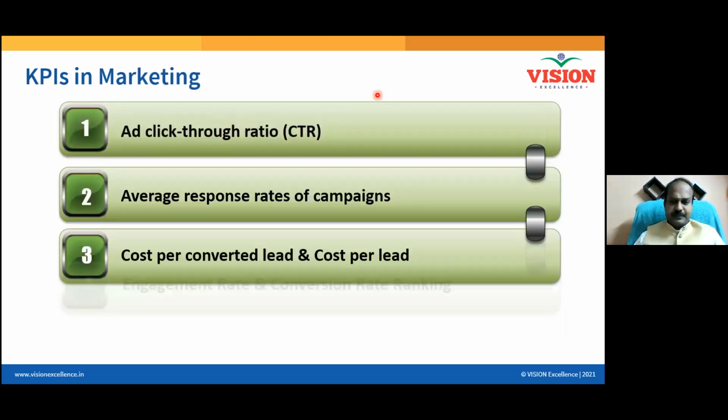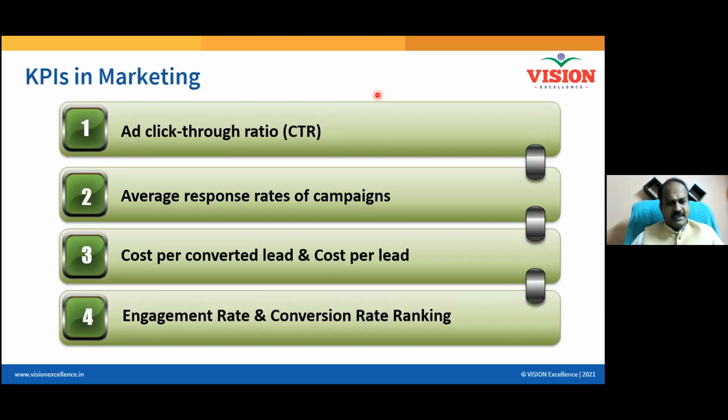So marketing. Nowadays, everything has become digital, right? Digital marketing. All of you are here because of digital marketing only, right? And ad click-through ratio. You might have seen our FB campaign or some LinkedIn campaign, so you could have clicked. So how good are our digital campaigns? When 100 people see our ad, how many people actually click and apply? This is called ad click-through ratio.